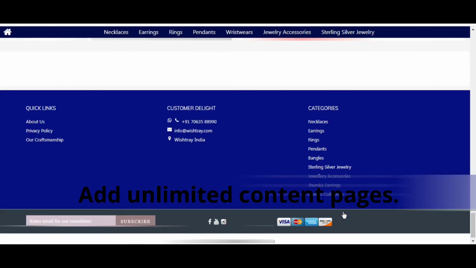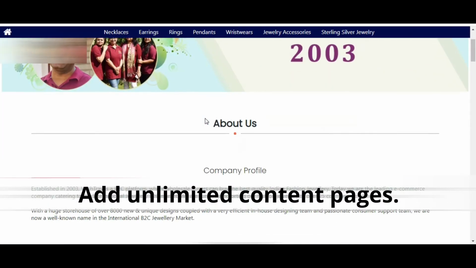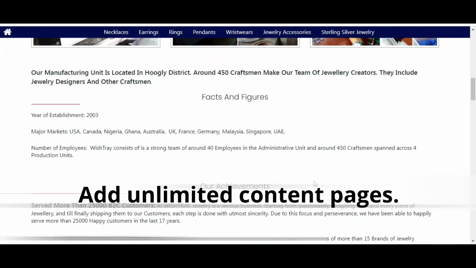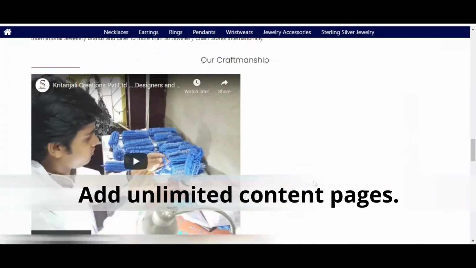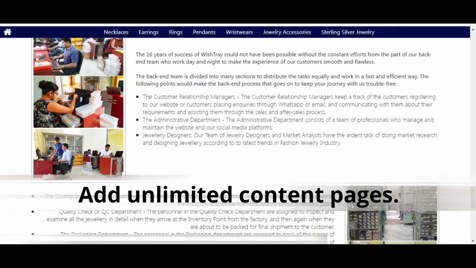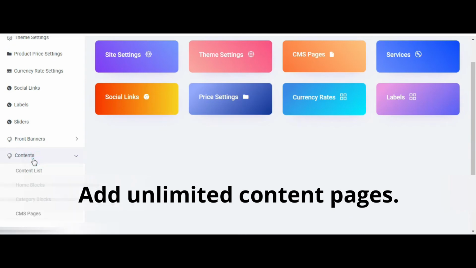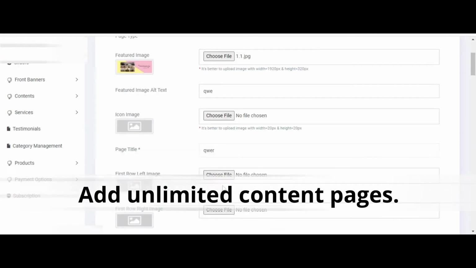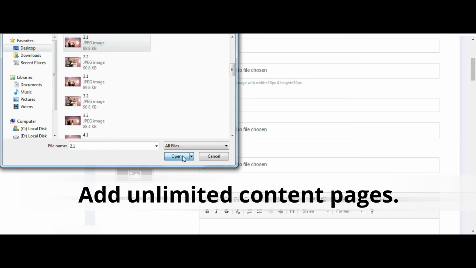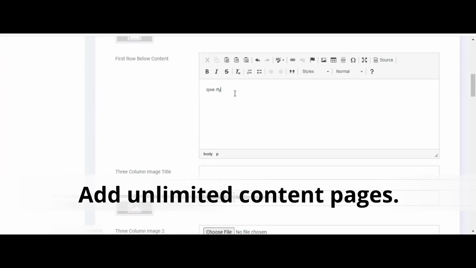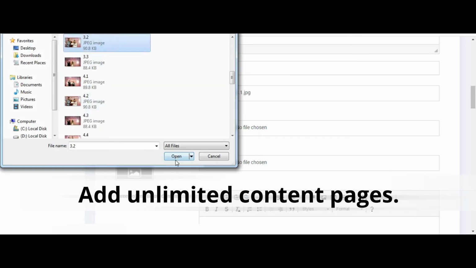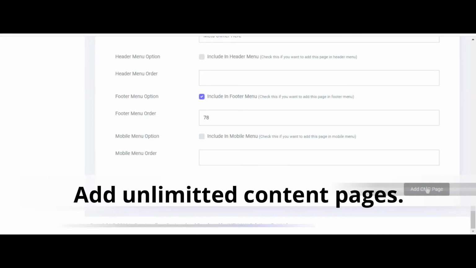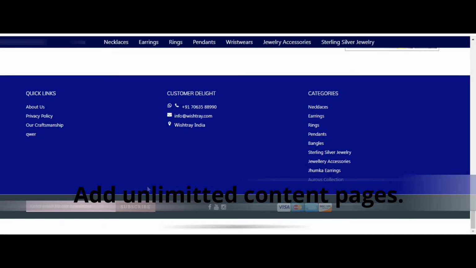Now making content is very easy. As I told you in the previous video, content is the king. Content allows you to make a better rank in the search results. Above all, it makes it easy to let customers know about your products, brand and services. So, add content and upgrade your website. You just need to choose the pictures and videos, then write the contents you want to. Save it here, and you are all done.